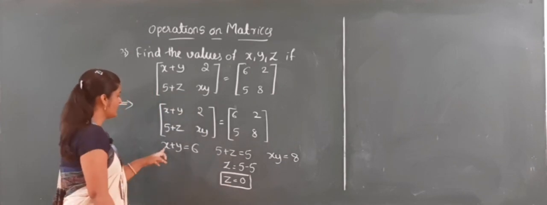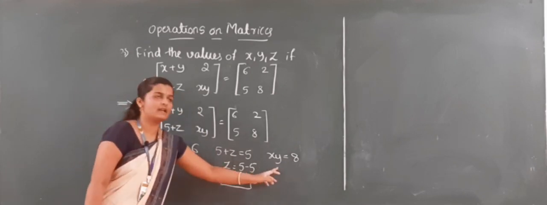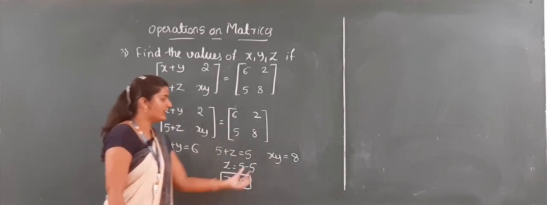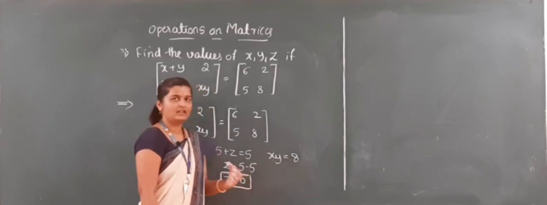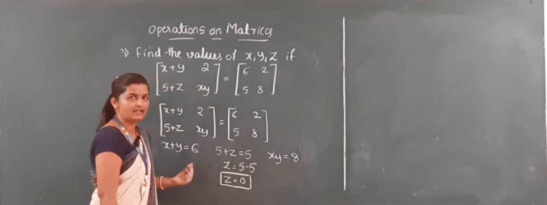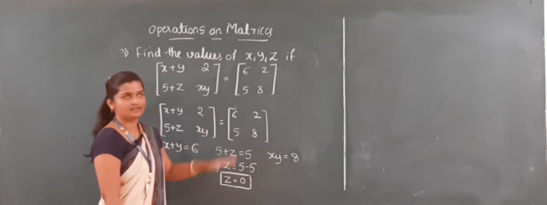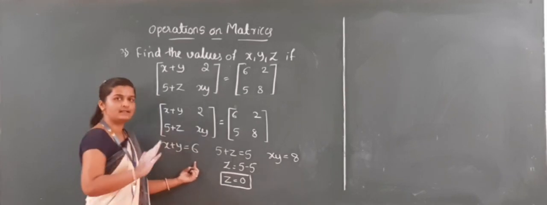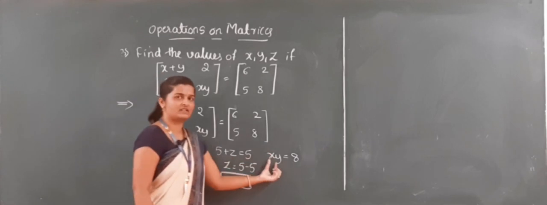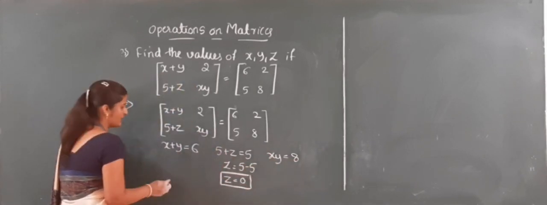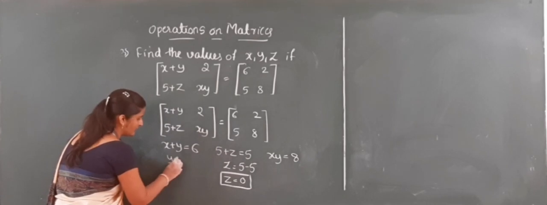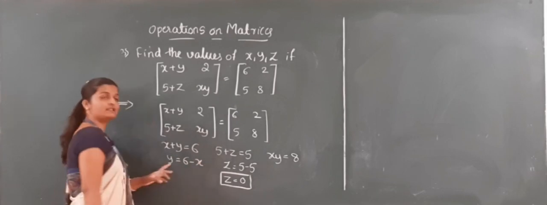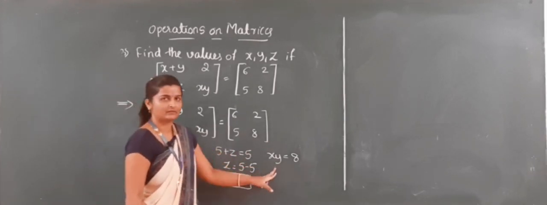So see here, x plus y equal to 6 and xy equal to 8. So the sum of two elements is 6 and whenever you multiply those elements we get 8. If this is KCET we can directly say what the values of x, y are, but as it is theory we will solve. So you have to find the two numbers x, y such that their sum is 6 and multiplication is 8. For that I will take the y value here. So y equal to, I have to move x that side, 6 minus x. I will substitute this y value into this equation.